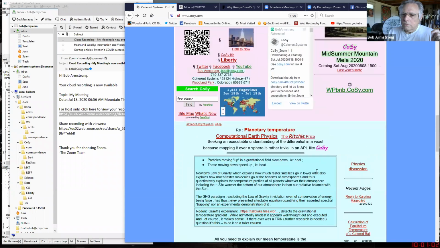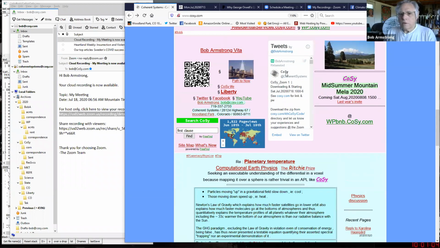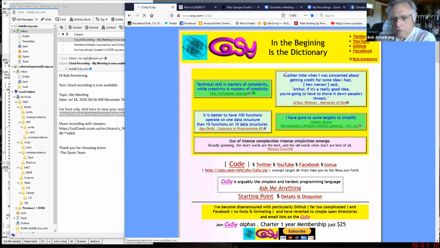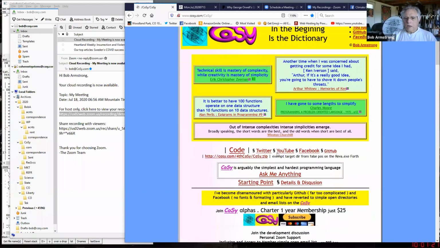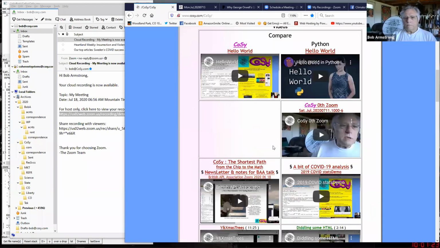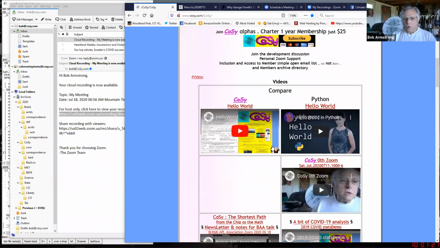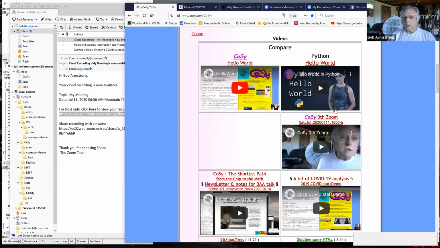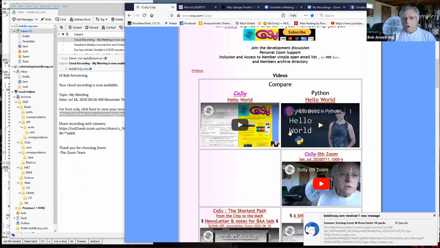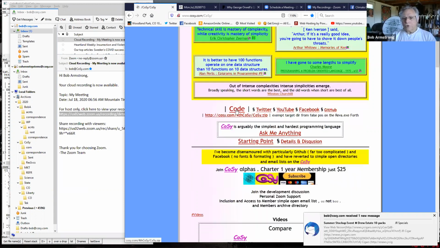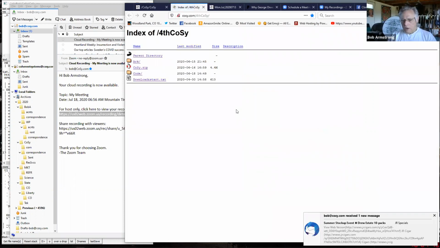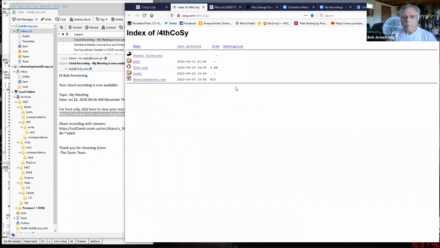And you see also my work on planetary temperature, because my druthers are definitely on the math, physics end of things. But here's the CoSy page, this specifically CoSy page. It's got, in particular, these Zooms archived there. But what I really want to get into is the issues of downloading and starting CoSy, which